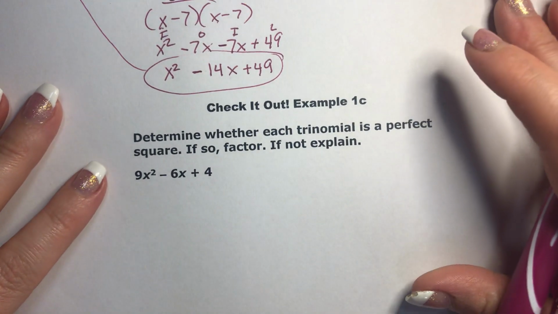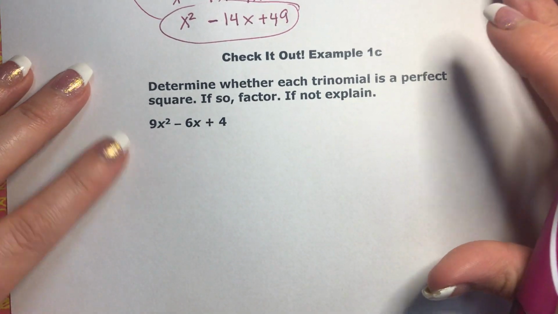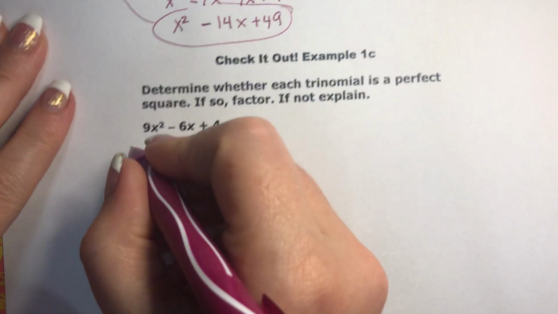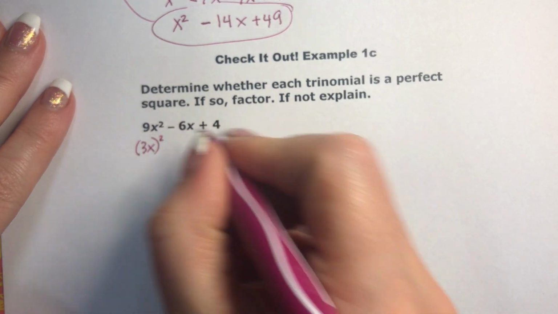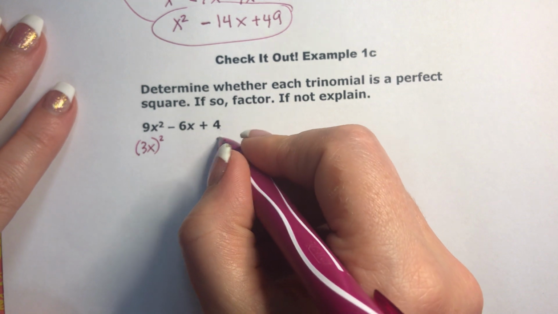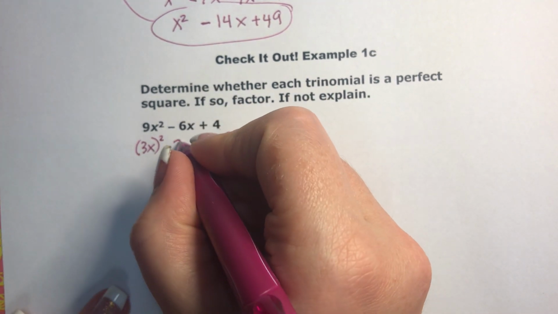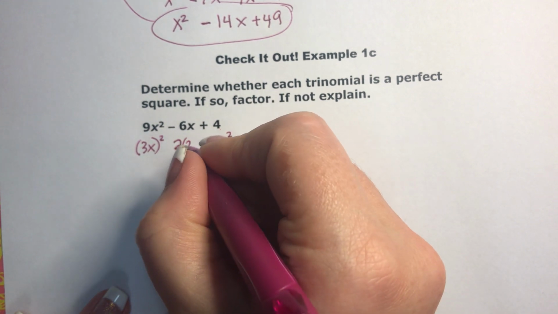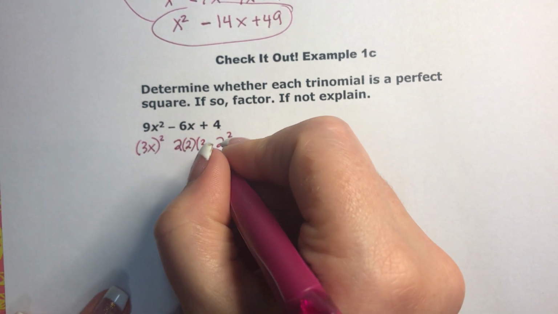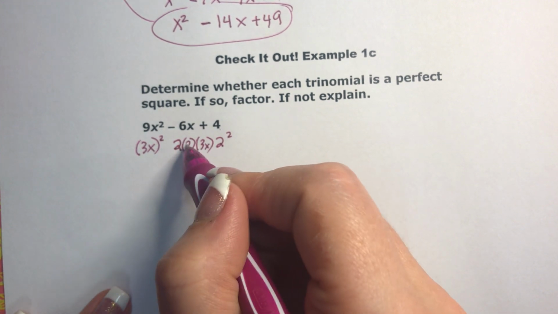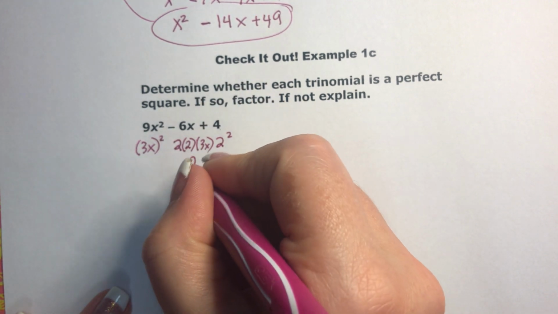Okay, on to this last one. Let's see how you did. So we're going to look at 9x squared. Is that a squared number? Yes, it is. It's the same thing as 3x squared. What about 4? Is 4 a squared number? Yes, it is. It's the same thing as 2 squared. So now this middle term has to be 2 times one of these and one of those. The middle term would need to be 2 times 2 is 4, 4 times 3 is 12x, and it's